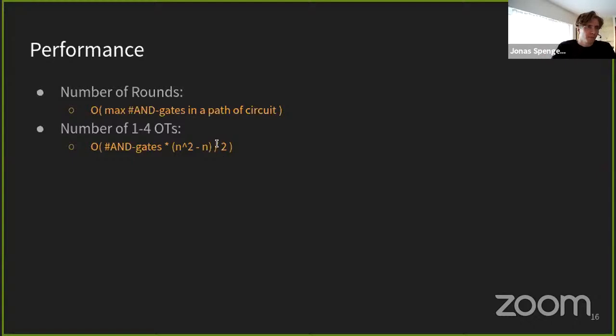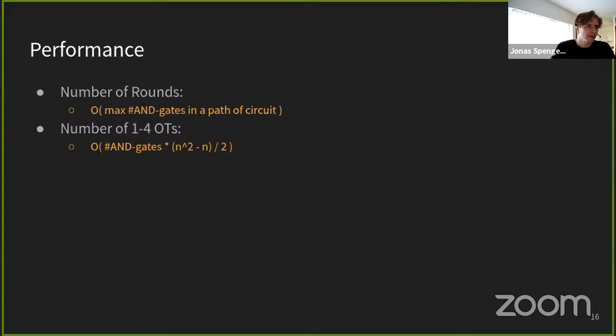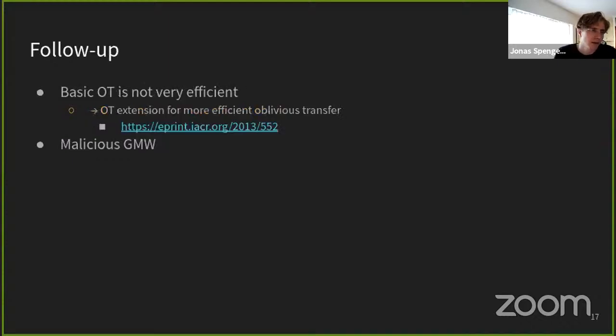And another performance aspect is the number of Oblivious transfers you have to execute. This is the bottleneck of this protocol. We have to execute roughly n squared times the number of AND gates Oblivious transfers. So that's definitely where we need to look in order to optimize the protocol,